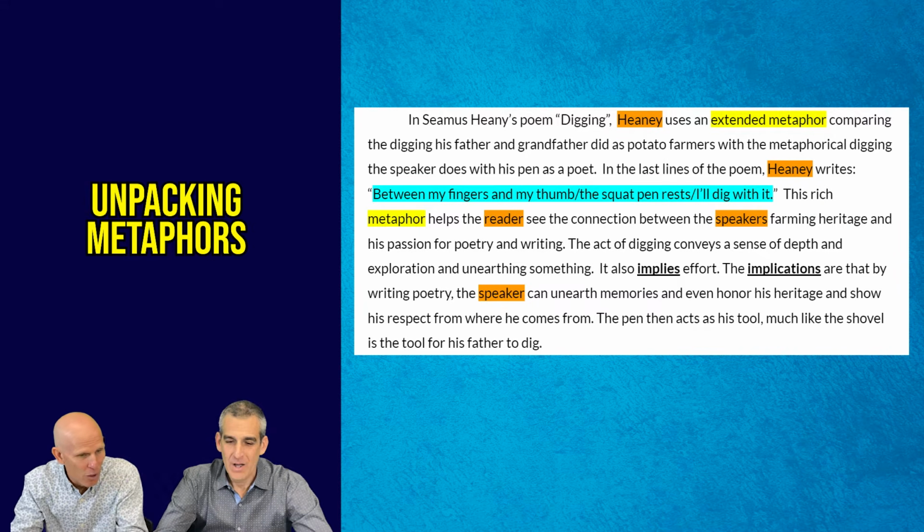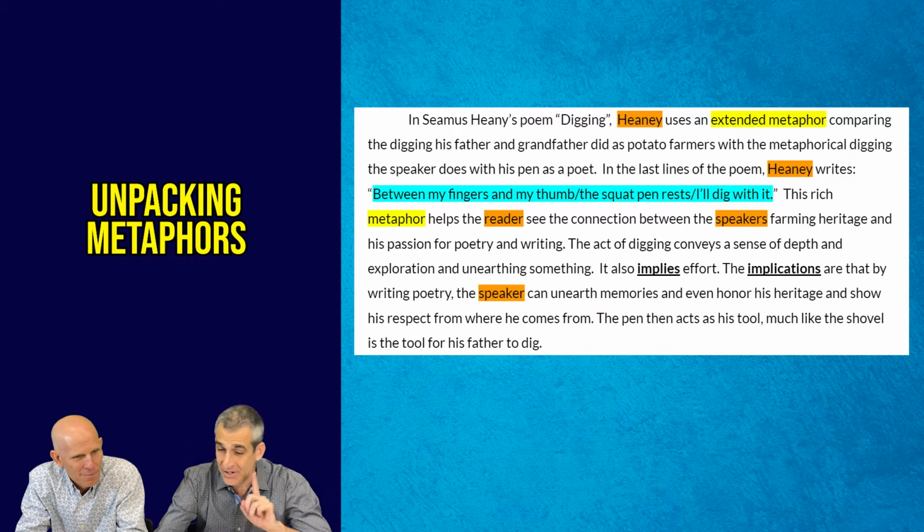Let's see what the student wrote. Why don't you read it aloud? Sure. "In Seamus Heaney's poem Digging, Heaney uses an extended metaphor comparing the digging his father and grandfather did as potato farmers with the metaphorical digging the speaker does with his pen as a poet. In the last lines of the poem, Heaney writes, 'Between my fingers and my thumb, the squat pen rests, I'll dig with it.' This rich metaphor," here's the unpacking,